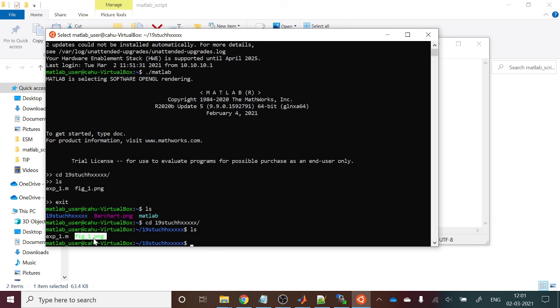Now I have to download this figure file, right? So how to do that? For Linux and Mac OS, the command is scp, secure copy. Okay, so not from here, you have to open a new terminal and use the secure copy, scp command, and then you have the origin path. So just give the origin path, and then you have to give the destination path. So these two you have to assign and it will be downloaded automatically. This is the command basically you have to give and the file will be downloaded in the local system.